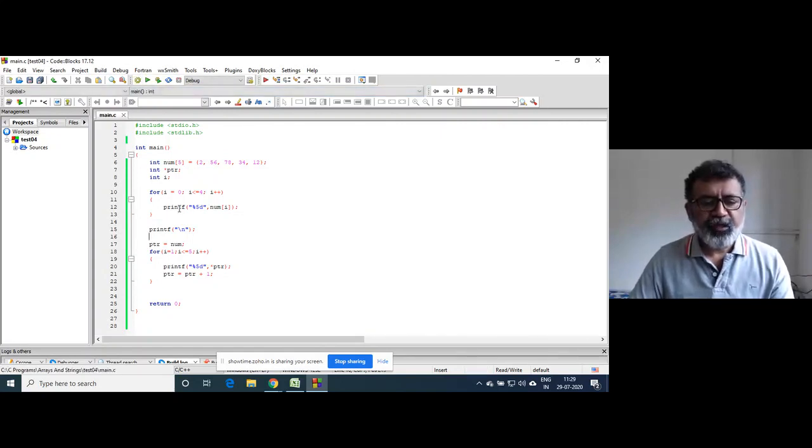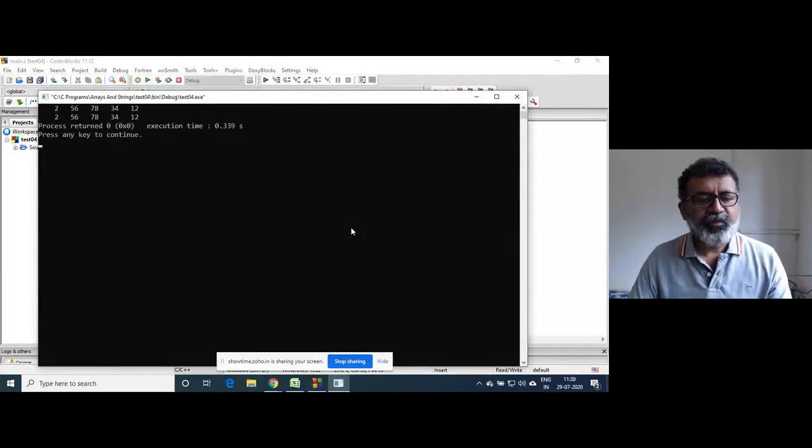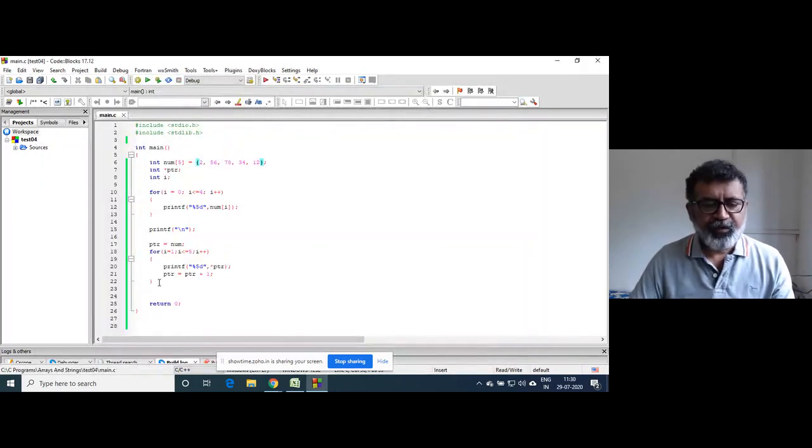So here the whole array will be printed using the index of the array. So num[0] will print, num[1] will print, num[2] will print, num[3] will print, num[4] will print, right? So it will print the array, right?